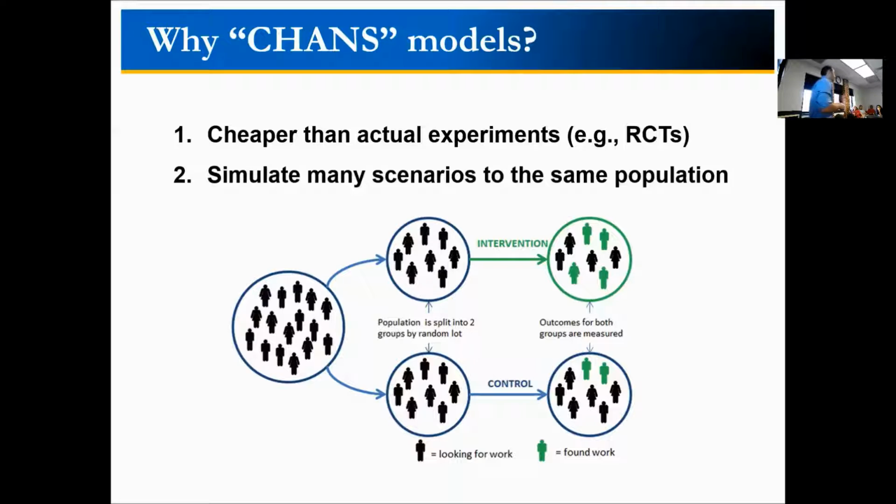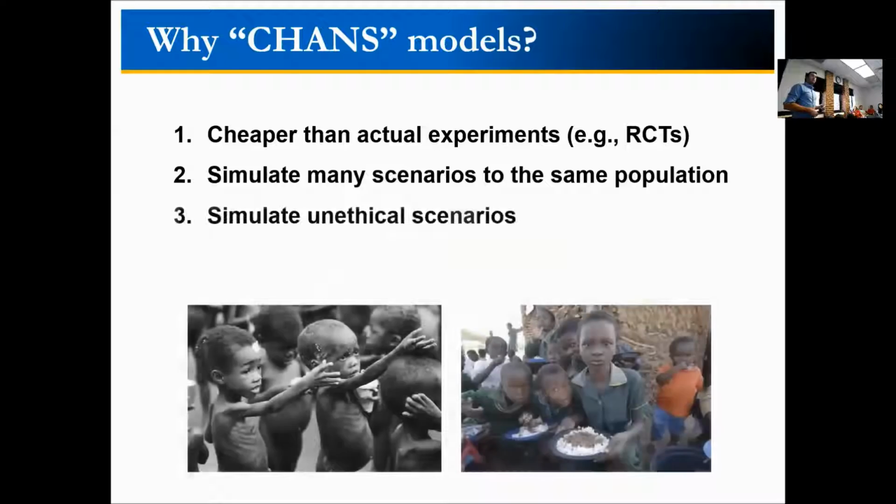And one of the advantages is that when you're using those models, you don't really need to separate your population into a control and a treated group like development economists do. You can actually simulate many scenarios on the same population. And you can also simulate some unethical scenarios that you might want to evaluate, but you would not be comfortable with.